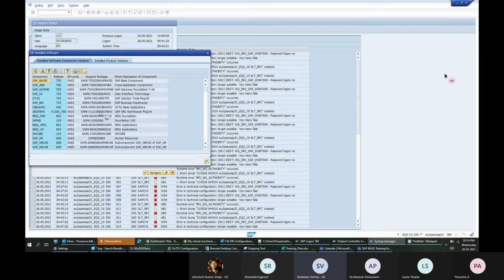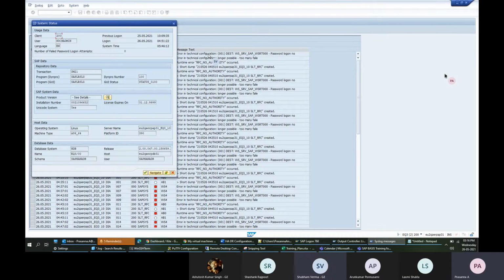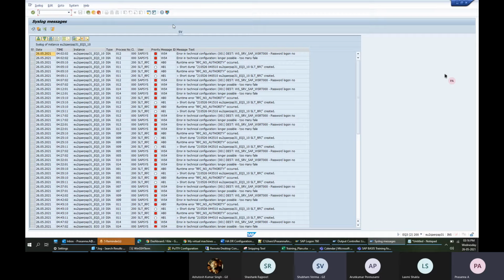So what do we do next? If you want to execute a new T code, if you want to go to a different T code, how do you execute it? Remember? Like if you want to go to SM51 now from this screen. Yes, I will write the T code here. Yeah, do it. SM51.